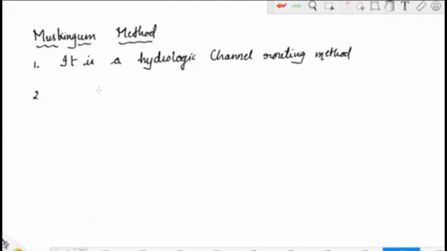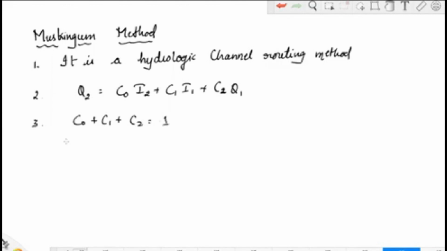Second, Q2 is equal to C0 into I2 plus C1 into I1 plus C2 into Q1. This equation you have to remember. Third thing, sum of Muskingum coefficients is equal to 1. Fourth point,